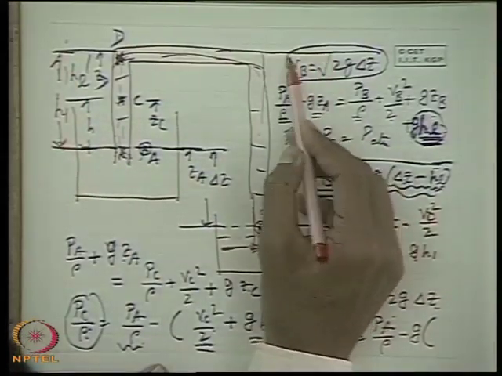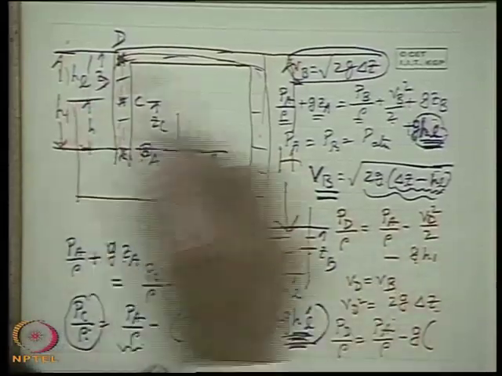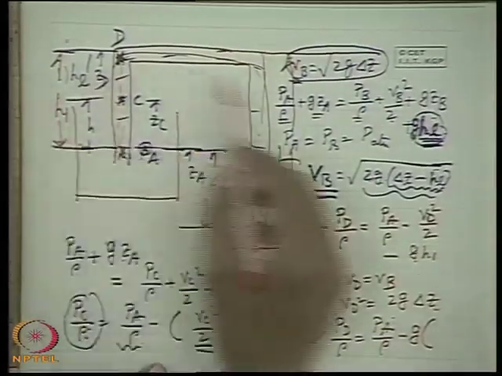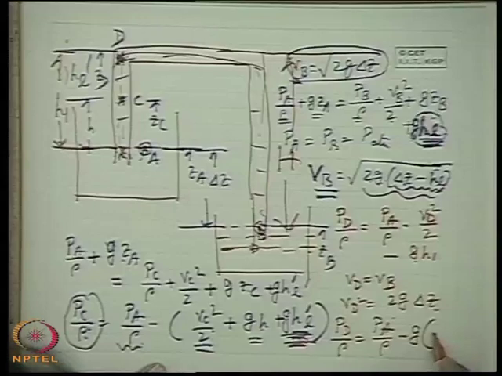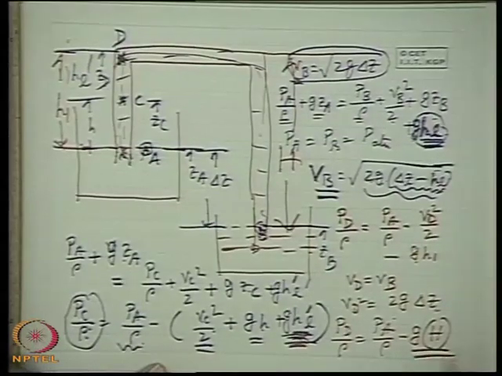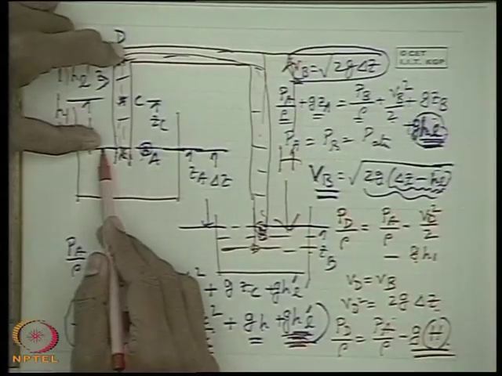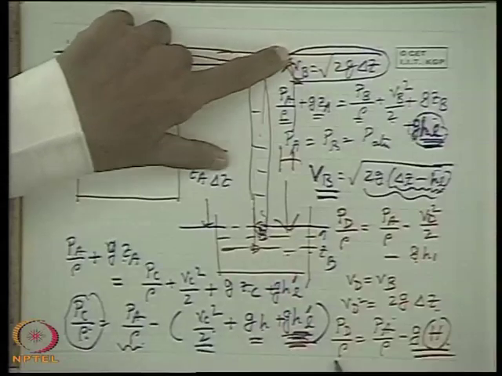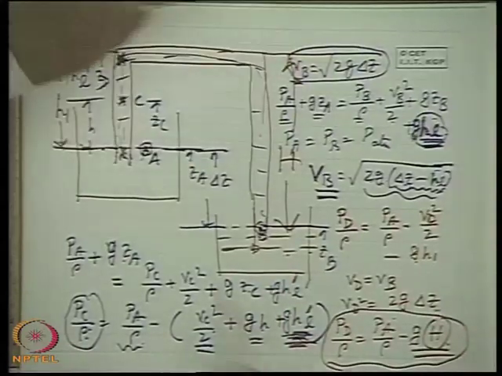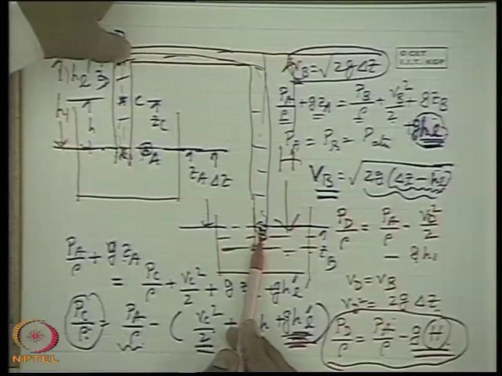That means it is the total height. Let this height be big H. The space is so limited, it is very difficult, all these superimpose, so G into H. That means minus GH. So the bracket is not needed, minus GH. That means the pressure here is PA by rho, that means atmospheric pressure, minus GH. The same equation you can derive if you write the Bernoulli's equation between this point and this point. You can find out the same equation.